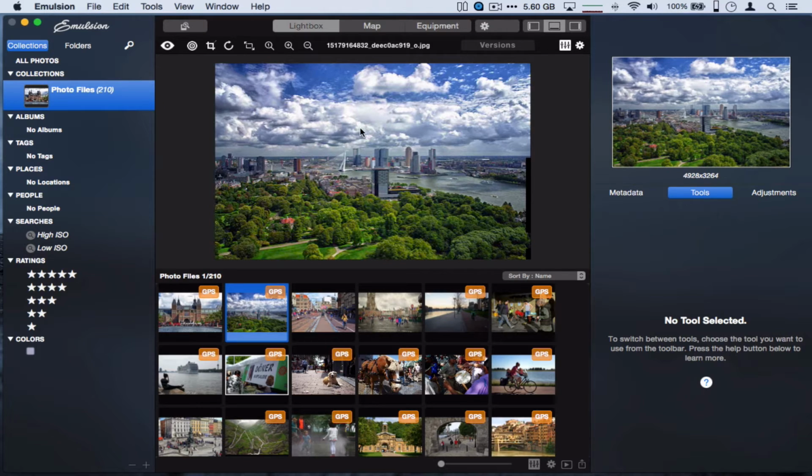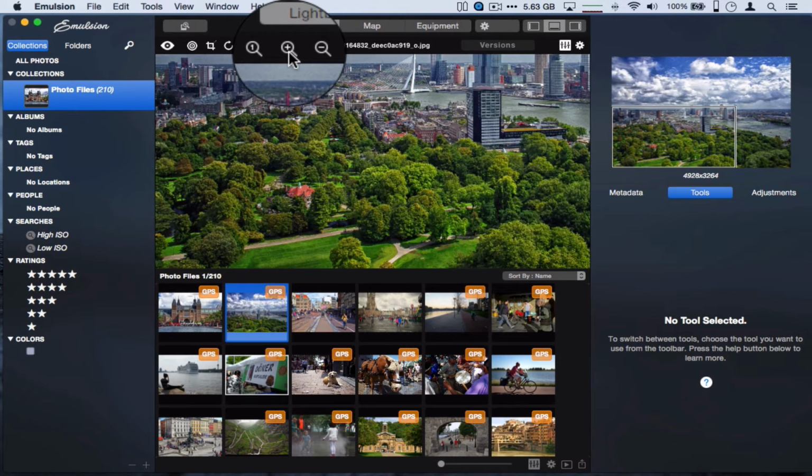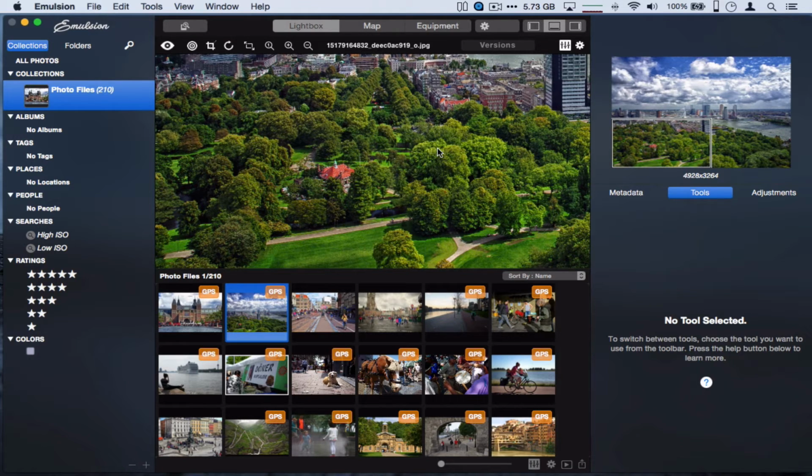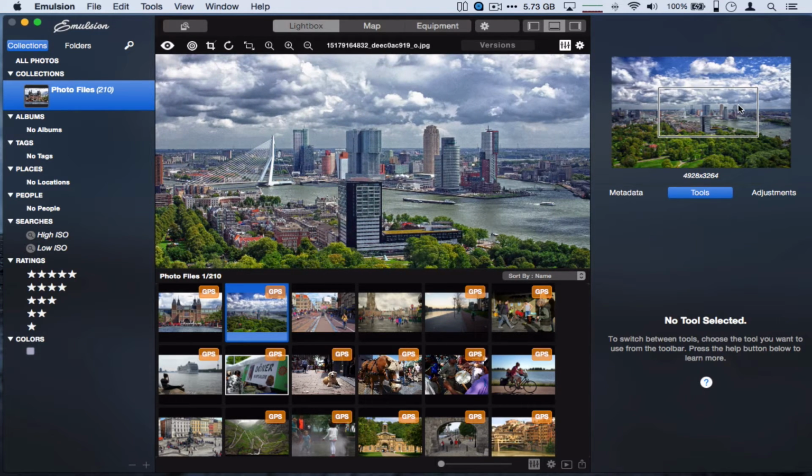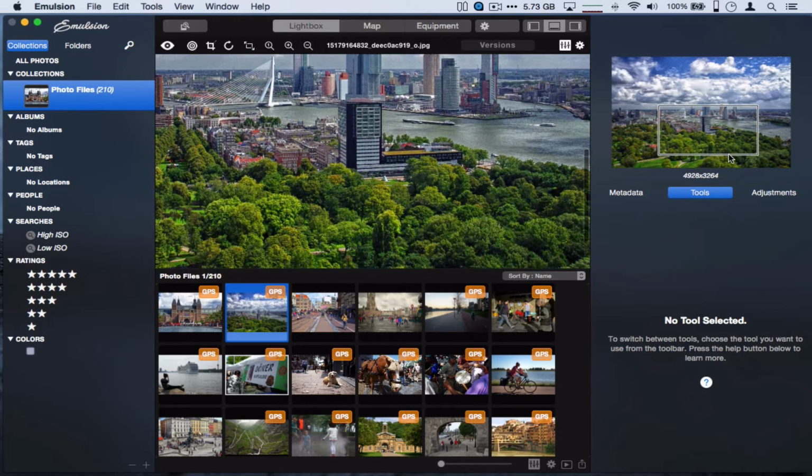Well, I'll try to zoom with my mouse pad. That doesn't seem to work. Pinch in and pinch out doesn't seem to work here. I really have to use these buttons here to zoom the image, and I have to use these ones